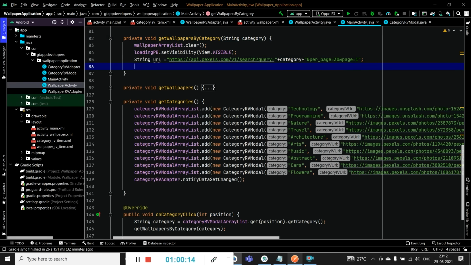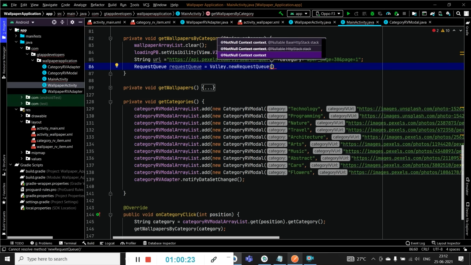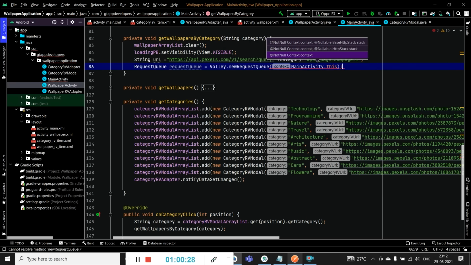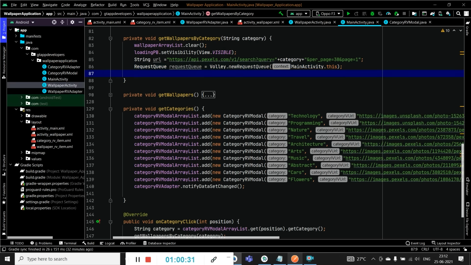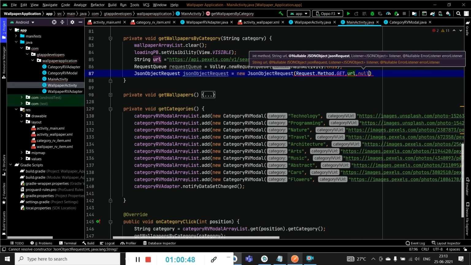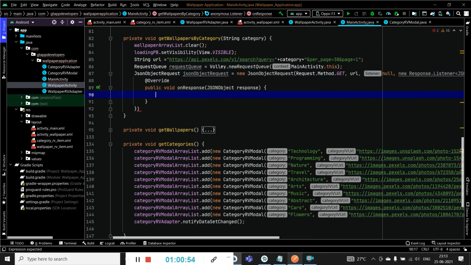Now we will be making a variable for our request queue, that is request queue equal to Volley dot newRequestQueue, and here inside this we will be passing our context as MainActivity dot this. Now as the response is similar, we will simply have to call JsonObjectRequest, new JsonObjectRequest, and inside this we have to make a get request. So we will be simply calling Request dot Method dot GET. Then we have to pass the URL. As there are no parameters we have to pass, we simply have to add null, then new Response.Listener,